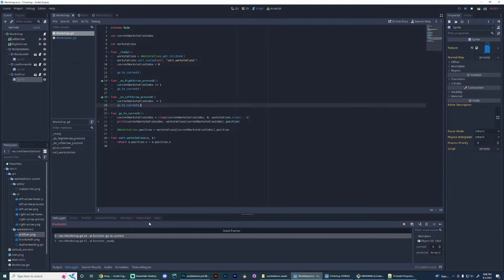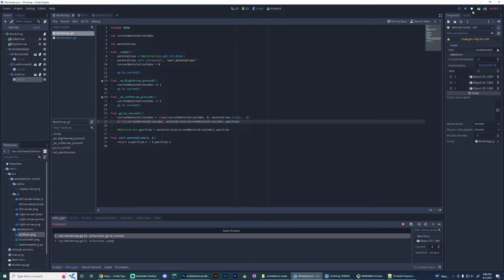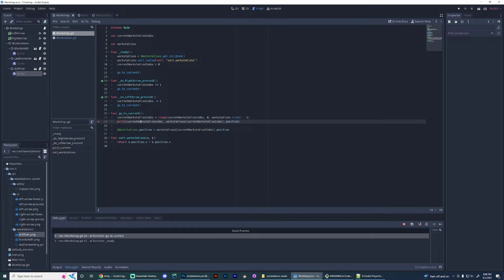Back to our script. Okay, so yeah, it looks like we sorted them backwards. So let's flip this around. So let's see. So if A, its X position is less than, yeah,